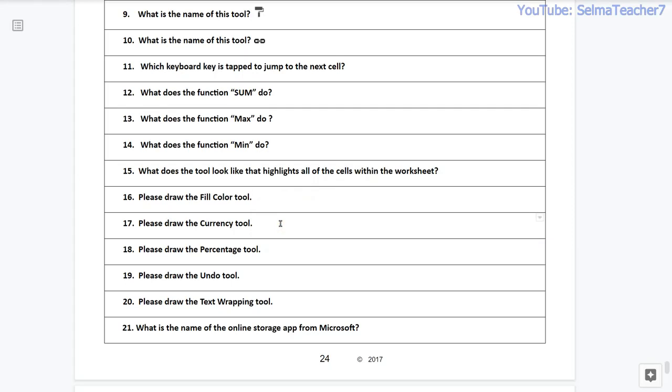Please draw the currency tool. Question number 18. Please draw the percentage tool. Question number 19. Please draw the undo tool. Question number 20. Please draw the text wrapping tool.